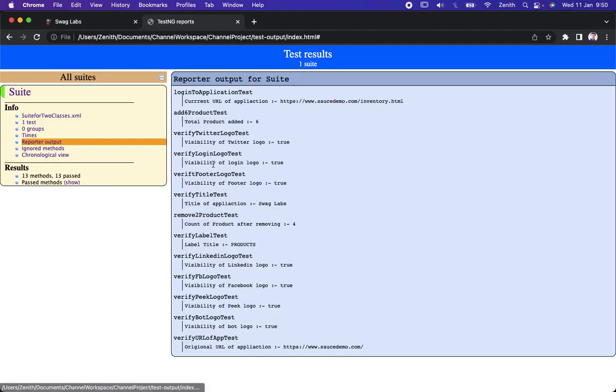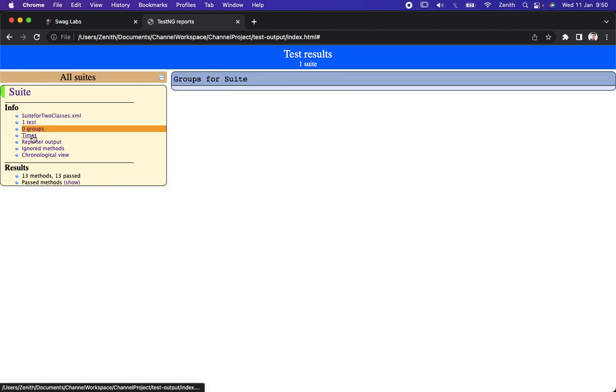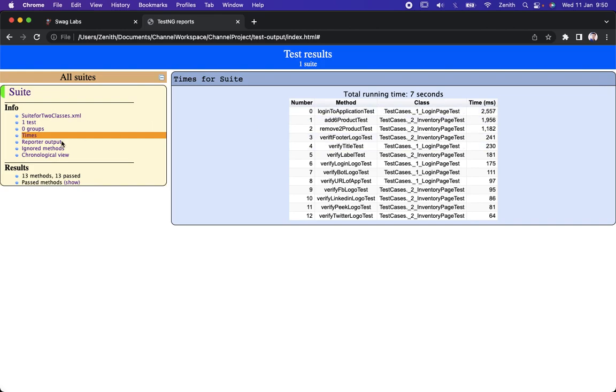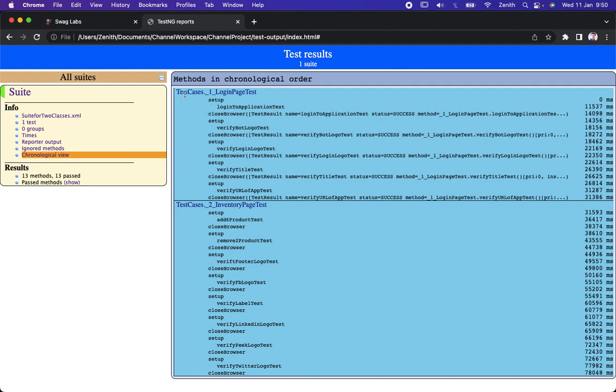So let's see, yeah, all the 13, it's good. Okay, so we can see this is the suite we have created and run. Then there is no group, there is a time for every test case. Then in the report output we have seen the ignore method, and it doesn't have anything. This is one test class, this is the second test class, and every detail of